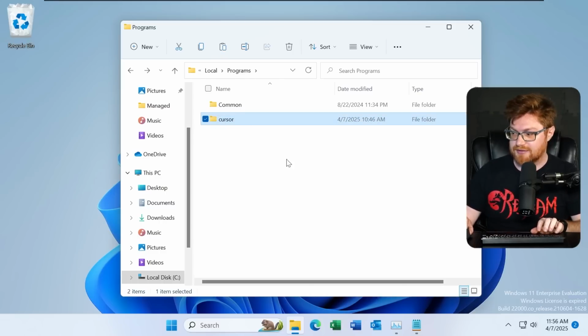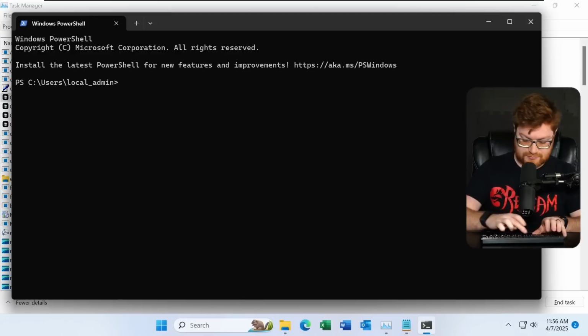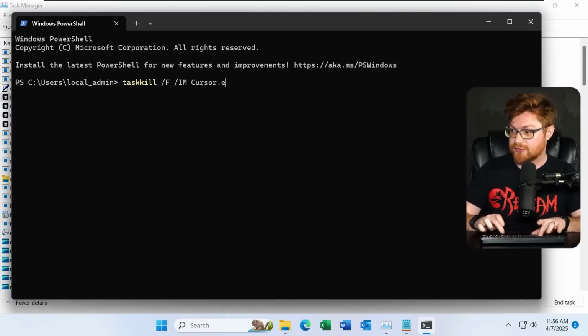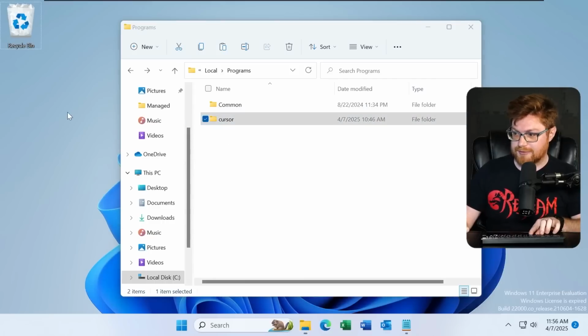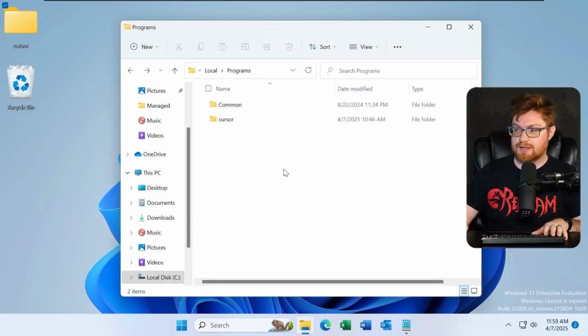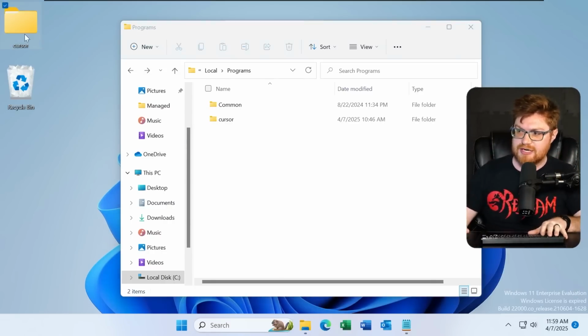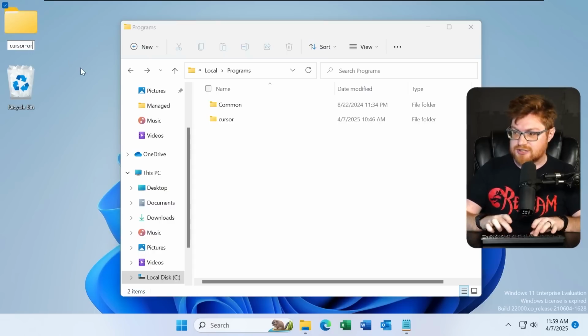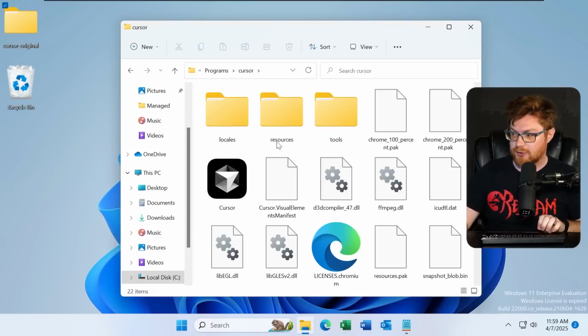So I'm going to copy this, and do I still have cursor.exe running? I do, yeah, okay. Let's kill that super quick: taskkill /F to force, /IM for image name, cursor.exe, please die. Okay, so I'm going to make a copy of Cursor, and I'm going to put it back on my desktop again. I put it on the desktop just so it's not copying itself into itself in whatever weird recursive tree branch file system logic. I'm going to rename this actually to cursor-original, as you saw,